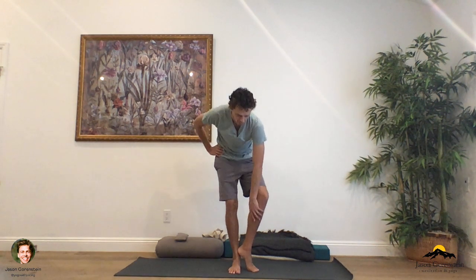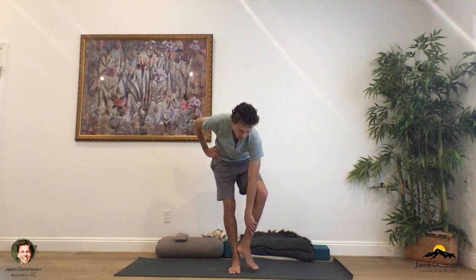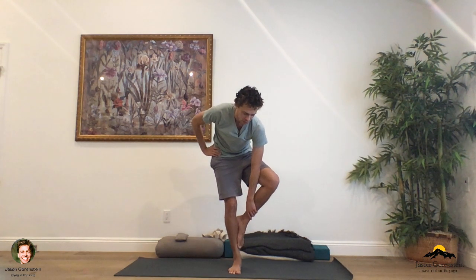Right knee bends to 90 degrees, spin the right heel in, just like this. Right leg is in external rotation, just like it was a moment ago in our triangle pose. So what you could do here is begin to lean forward and take hold of the right shin. And you can glide the right foot up towards the left shin or even as high as